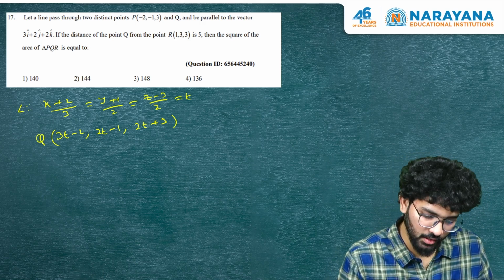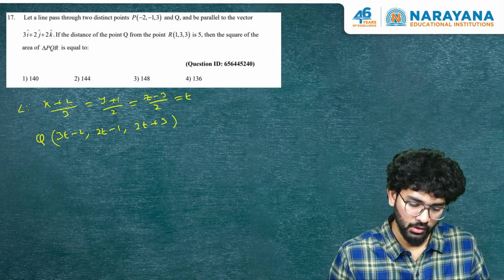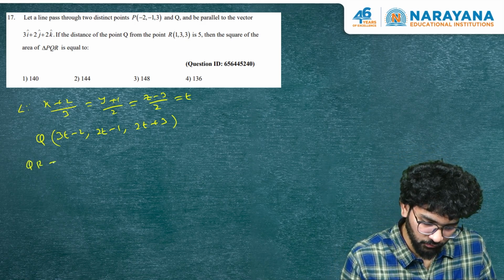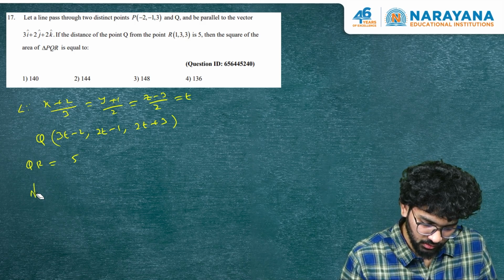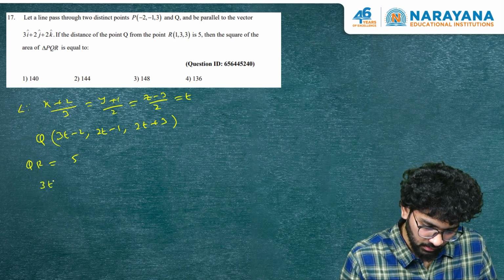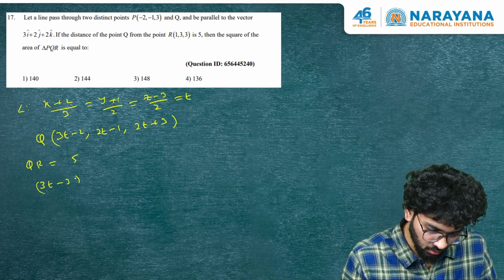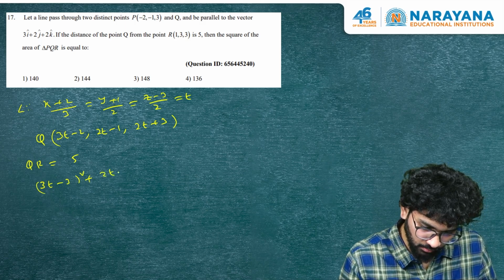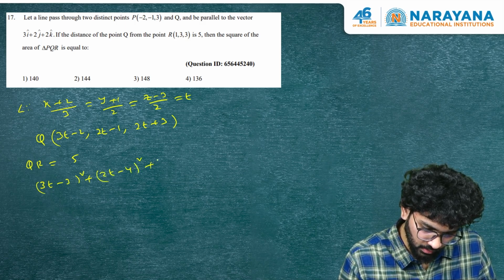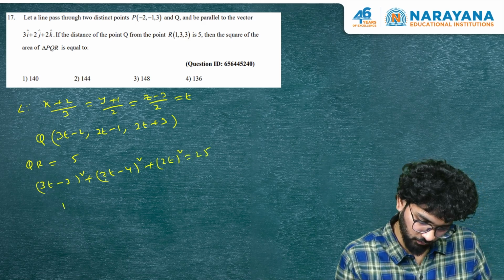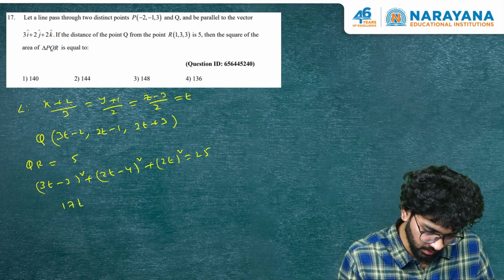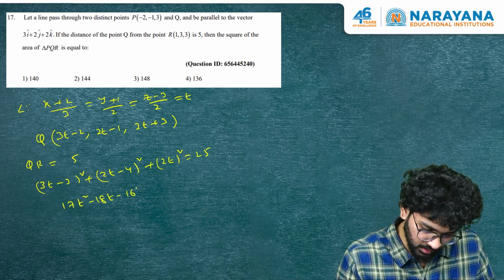Let us assume this point as Q. We need to find the point Q. And he has given QR, the distance from the point R, is 5, which means if I calculate (3t minus 3) whole square plus (2t minus 4) whole square plus (2t) whole square is equal to 25. If I simplify this, I am getting 9t square plus 4t square plus 4t square, 17t square minus 18t minus 16t,